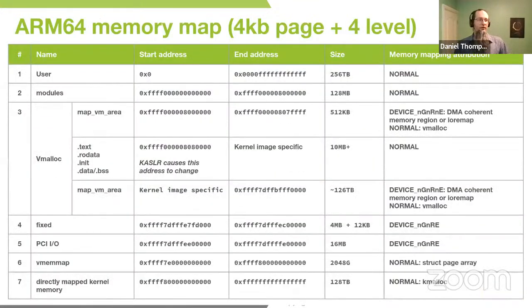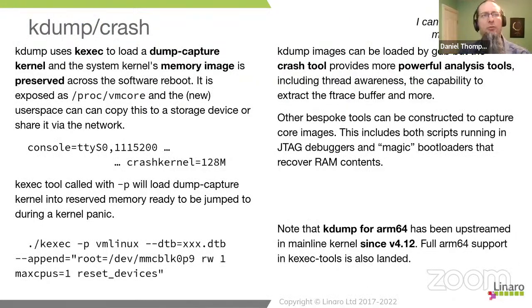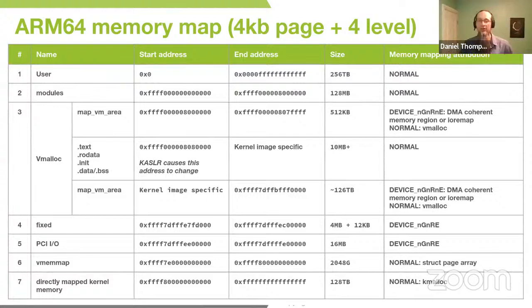Okay, so just to finish up this section, I'm going to stop for a break in a few minutes. This is an aside really, but when we talk about things like kdump and crashing, we're talking about having some pointers. When we talk about oops traces, we're talking about having some pointers. Once you can see the physical values of pointers, it is very useful to know the memory map of a kernel. The memory map does actually change slightly depending on what page tables, what page sizes you have, and how many levels and how much address space you have got available to you.